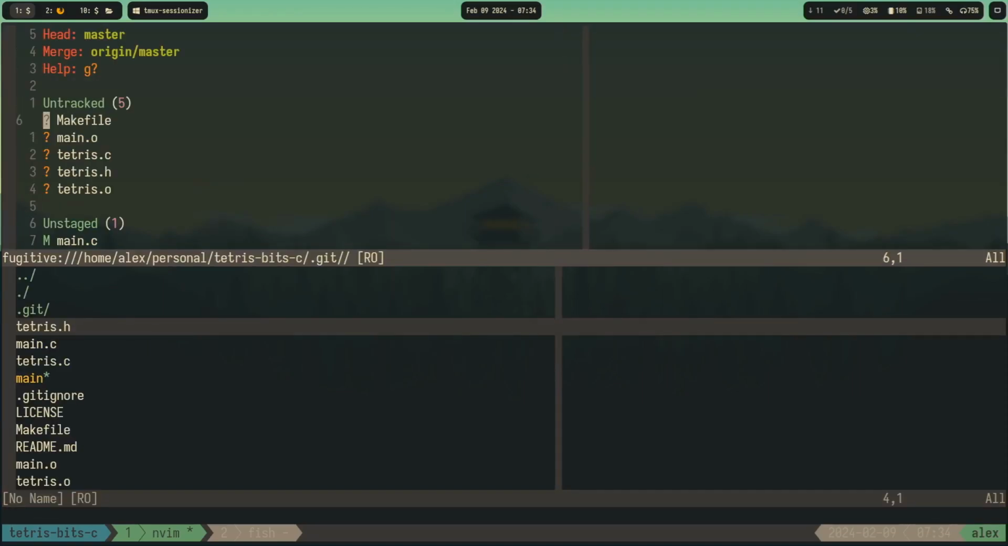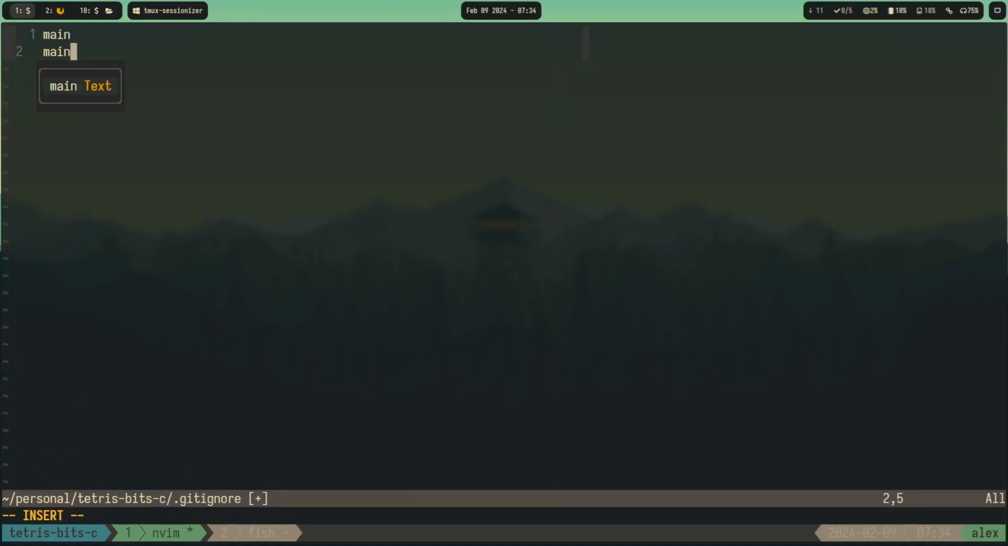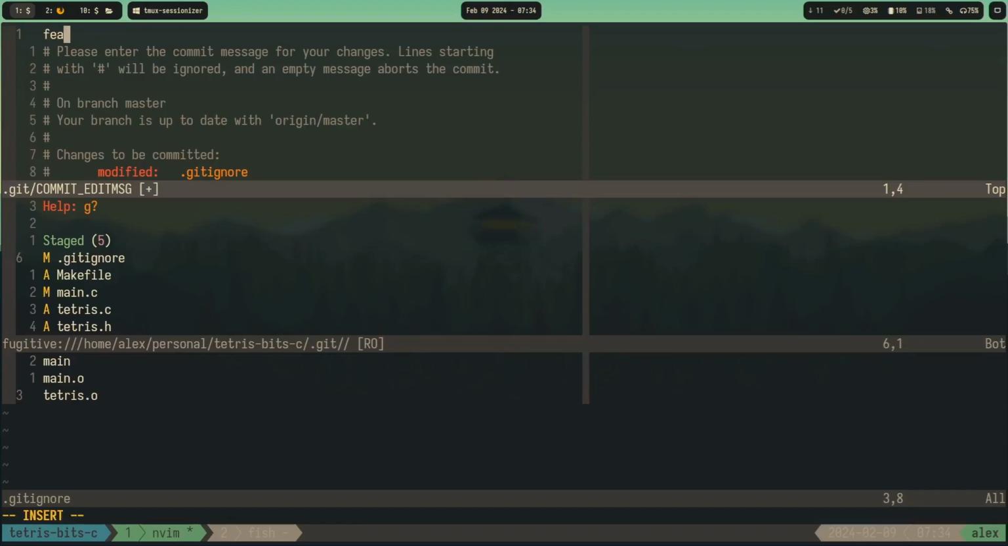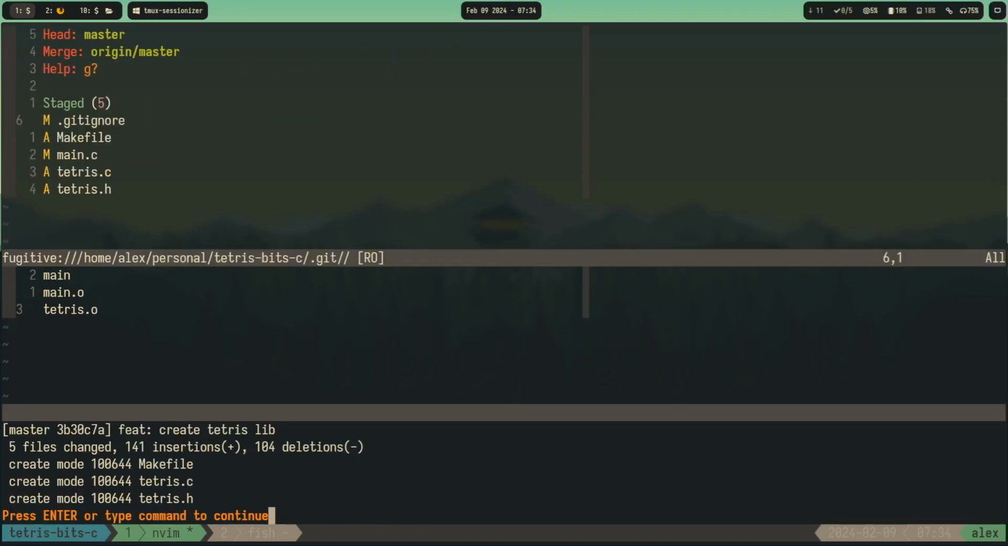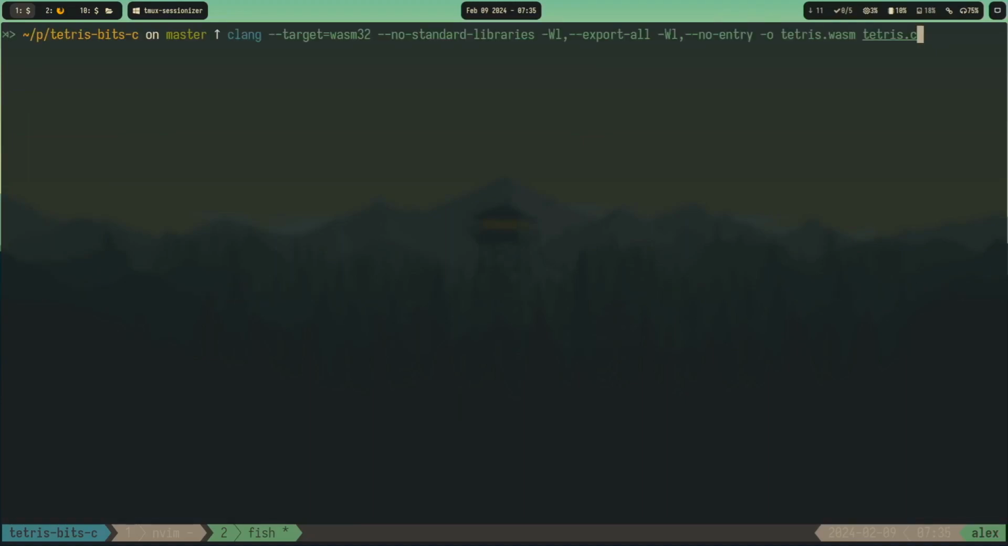So yeah, let's make a small commit first. So main O and Tetris O should be ignored. Main O, Tetris O, create Tetris lib. Okay, and yeah, now if we run again this thing, it should, I think,